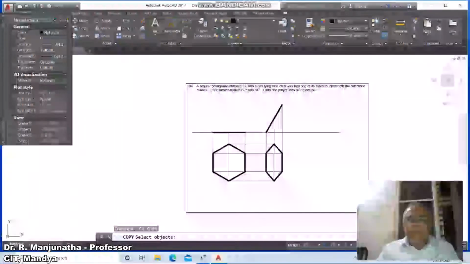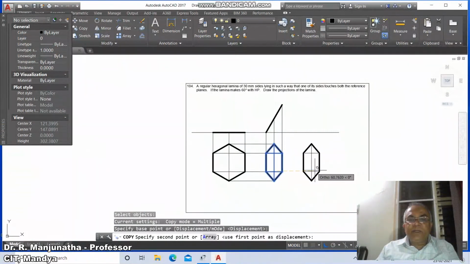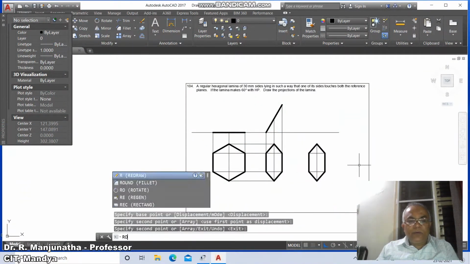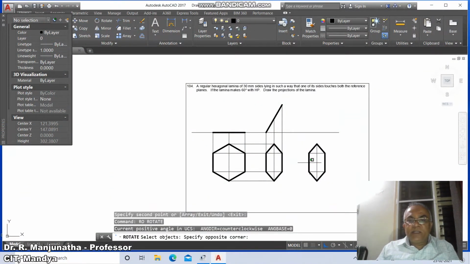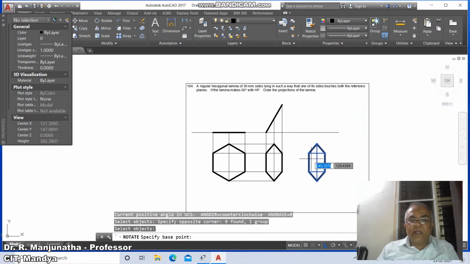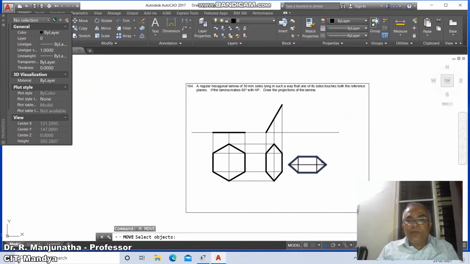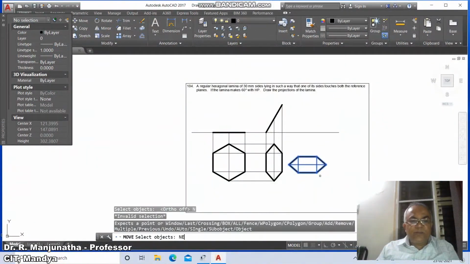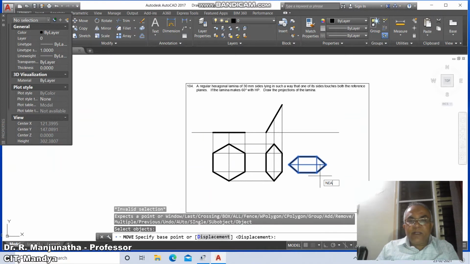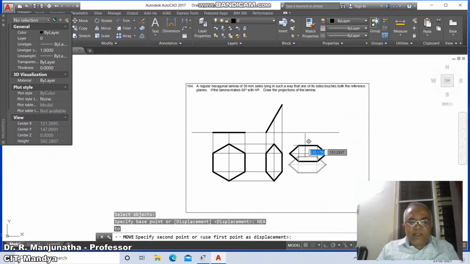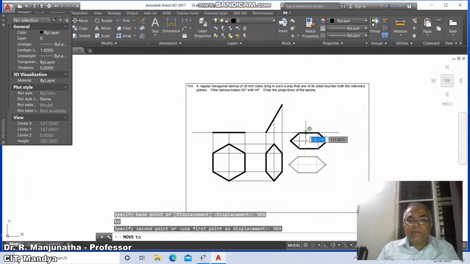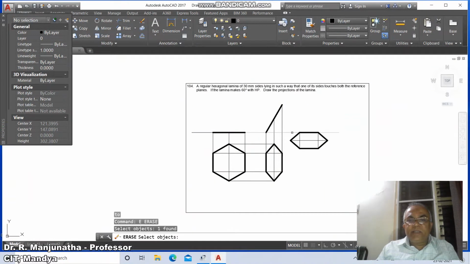Then go to copy, select this and copy it to the next position, and go to rotate, select this. Now rotate it in clockwise direction, so take it -90. Then go to move, select this, switch off the ortho mode, take nearest point on this and take nearest point on this line, and then go to erase this